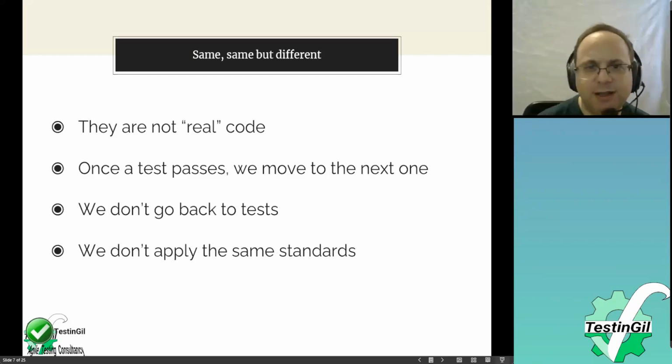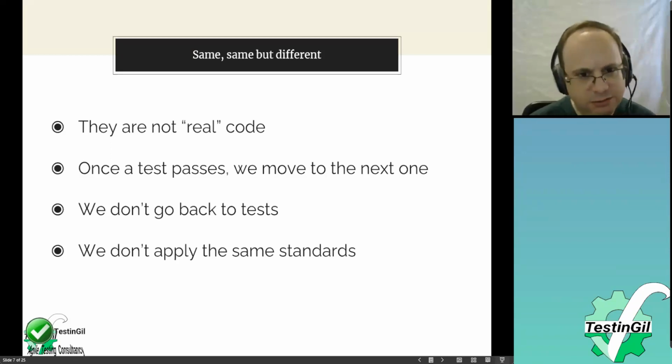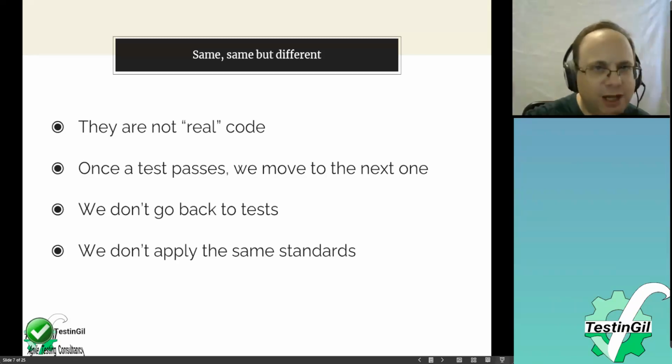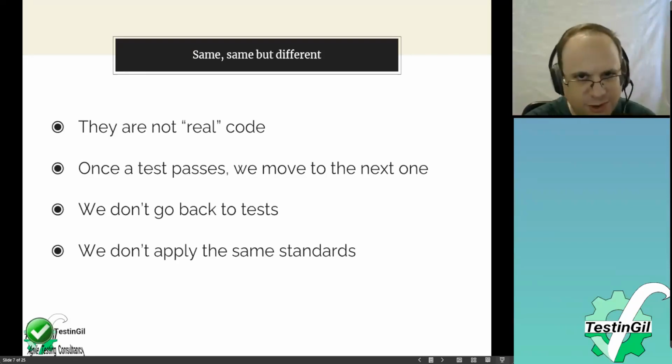So we don't apply the same standards, and we don't build it the same. When we build production code, like I said, when we do a design, we draw cubes on the board and do that. With tests, once we have a passing test, we're going to copy and paste it and mutate it a bit